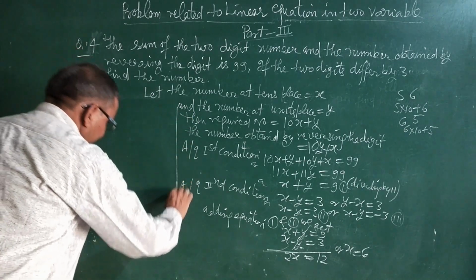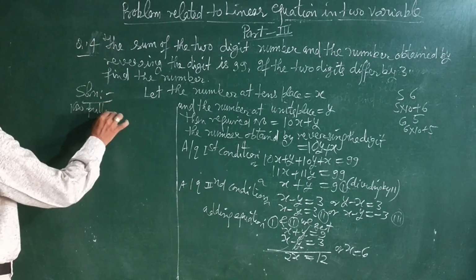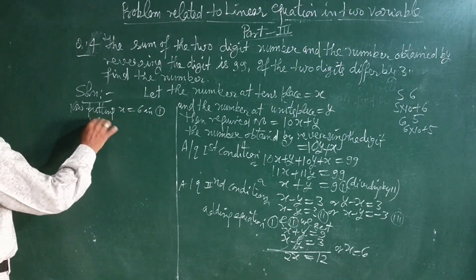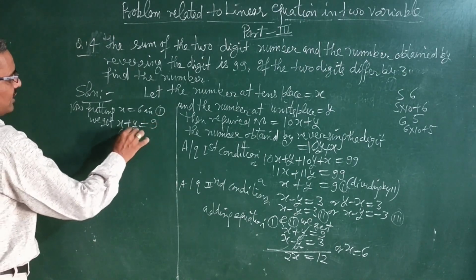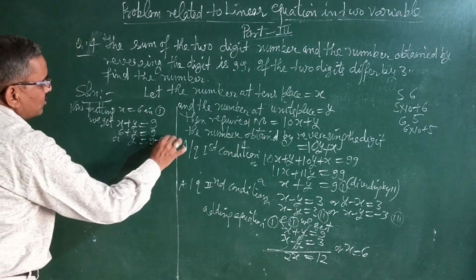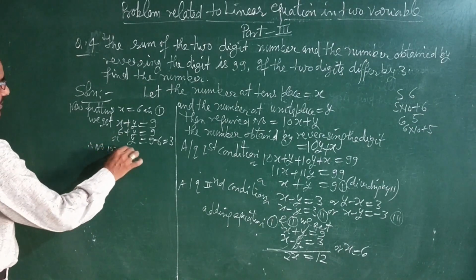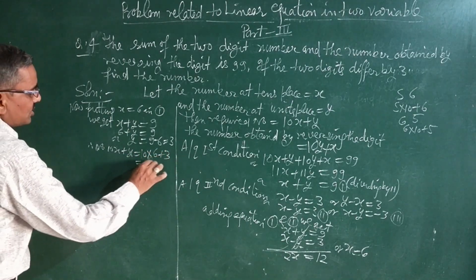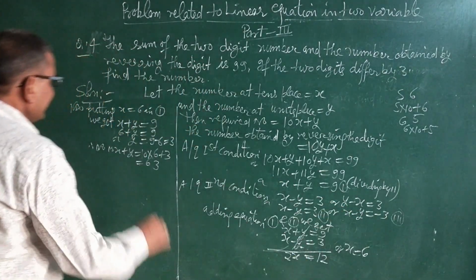Now putting x is equal to 6 in equation first, we get x plus y is equal to 9, 6 plus y is equal to 9, or y is equal to 9 minus 6 is equal to 3. Therefore number 10x plus y is equal to 10 into 6 plus 3 that is equal to 63. Now again if we take first and third,